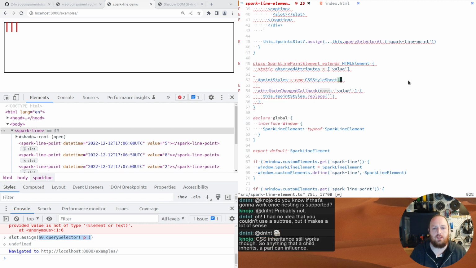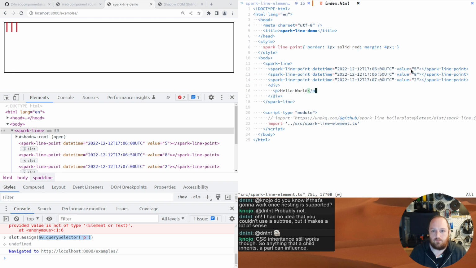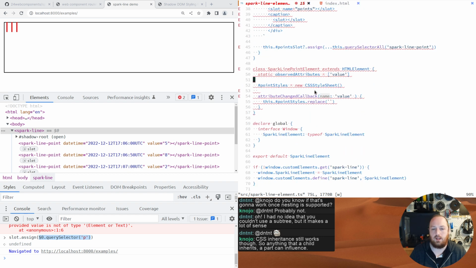Okay, so where were we? We've got an attribute, it's a value. We know this value here. What we don't have is... We can't use this in CSS because there's no way to get an attribute in CSS. There will be soon. Soon you'll be able to do something like height attribute value. Right now this is not going to work, and so what we need to do is we need